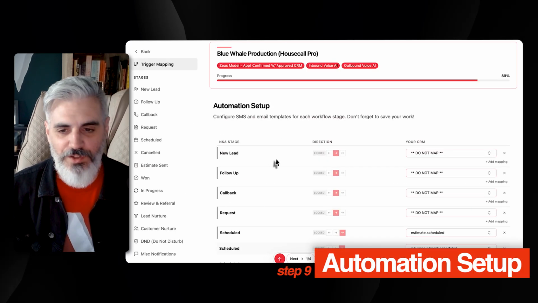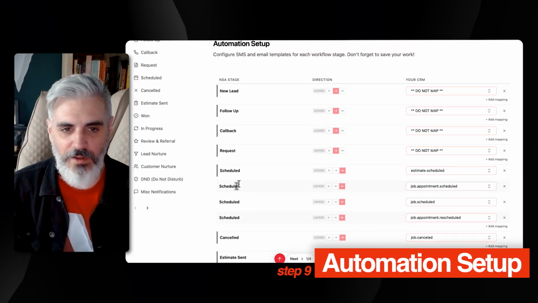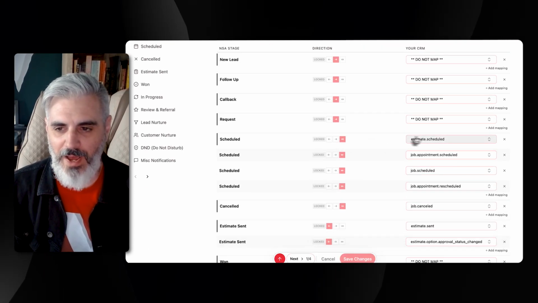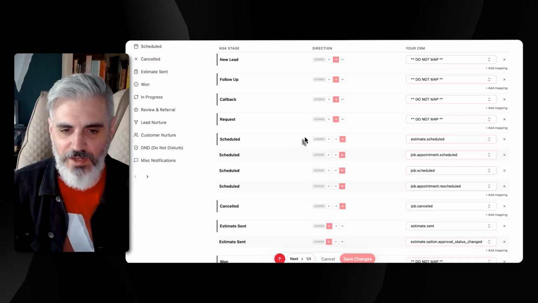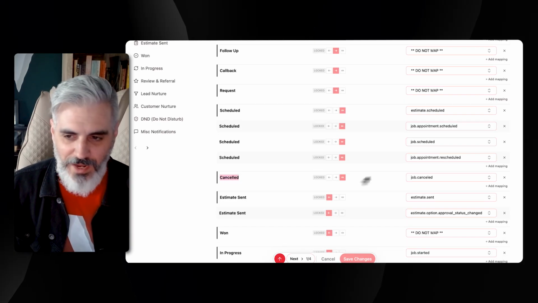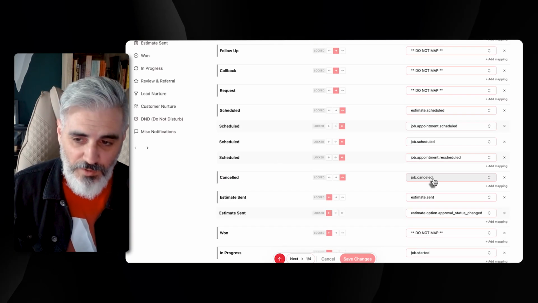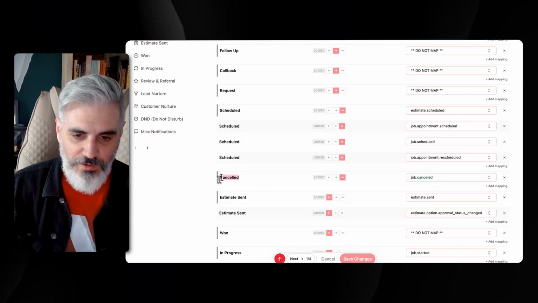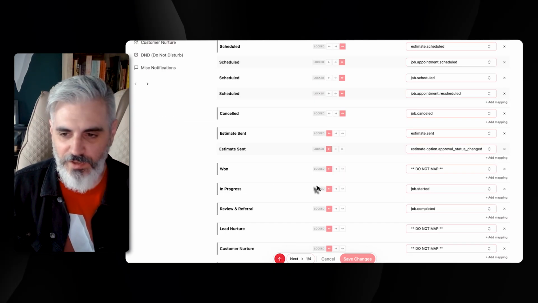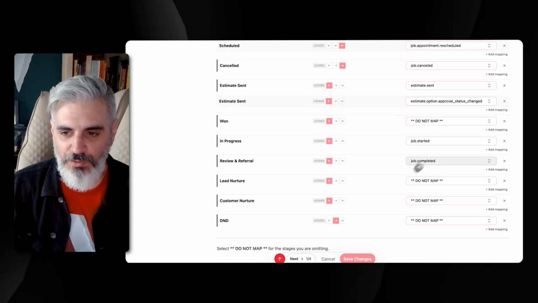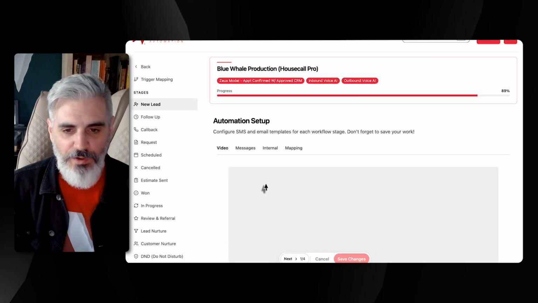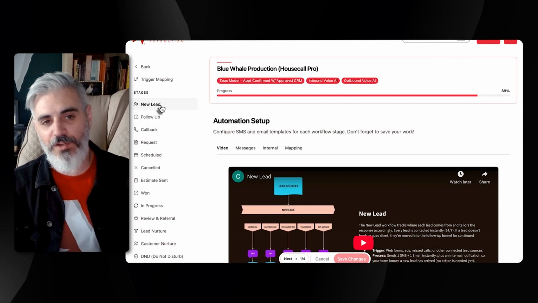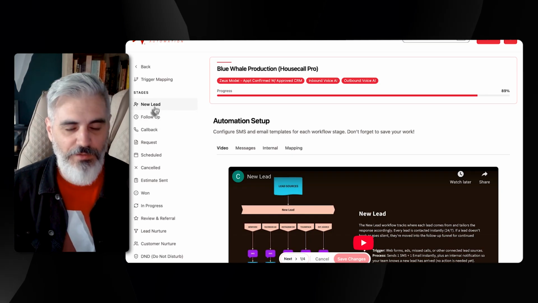And then the automation setup, this is your trigger mapping. So you'd want to say, all right, what are we going to map estimate scheduled? We want that to map to scheduled. You're essentially saying, for us, what means canceled? So anytime in Housecall Pro, you mark it as job canceled, it would trigger the cancellation workflow. You get the point. It's just mapping whatever you do in your CRM to the type of automations that are going to trigger. When you're doing the actual automations for each of these things, like you have your new lead automation,